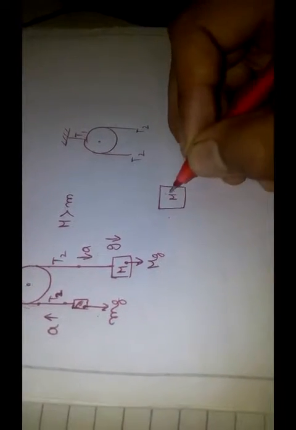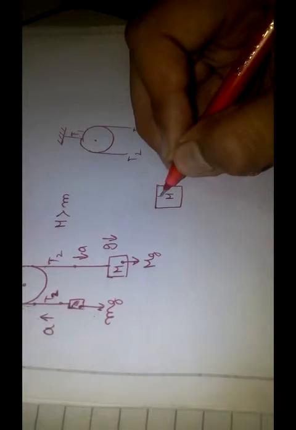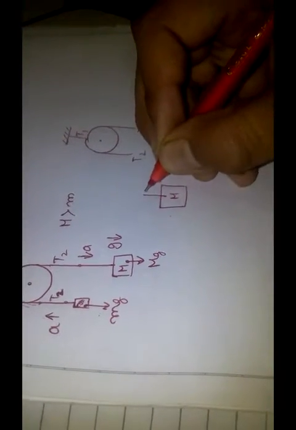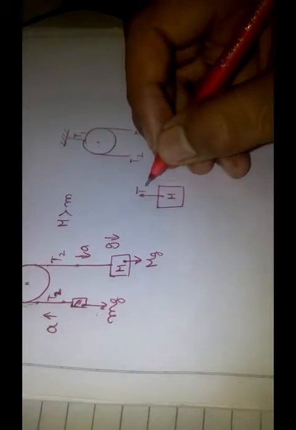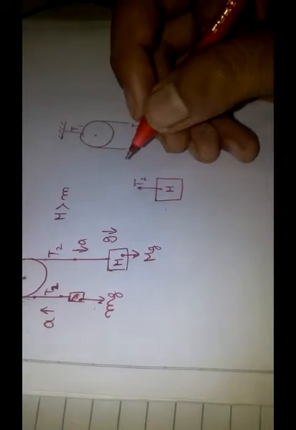First we will make the mass M. Here tension is acting. We are not deciding whether the tension is acting upwards or downwards. I have just shown that there is a tension here. So do not consider whether the tension is acting upwards or downwards. Its weight is Mg, sorry, weight Mg.